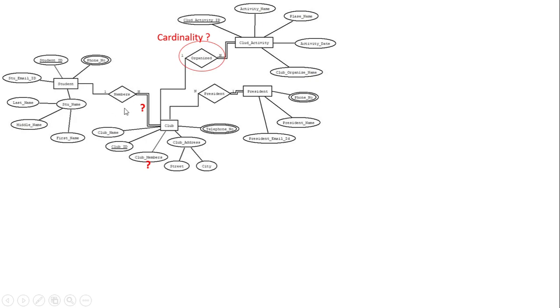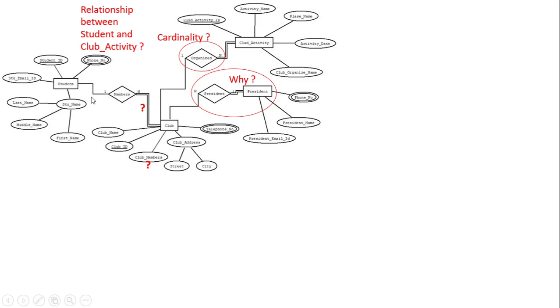So once again, there is no need to store club members here, right? So this attribute in fact is not required. Okay, next, we talked about this already. Fine.